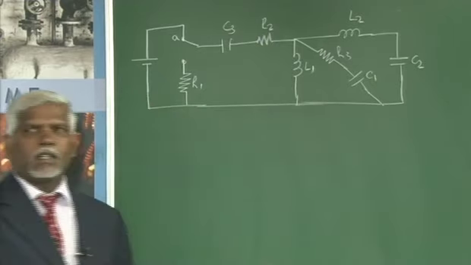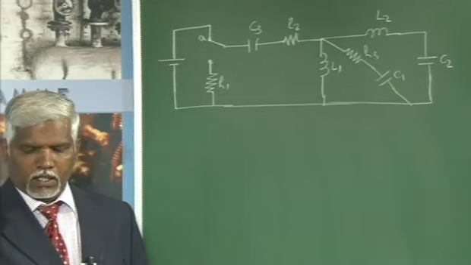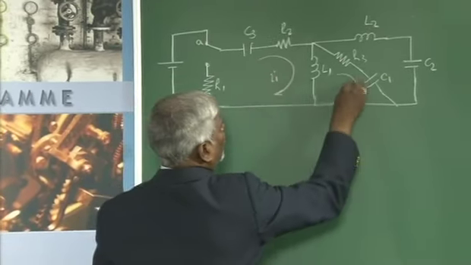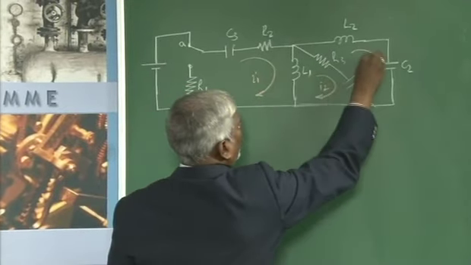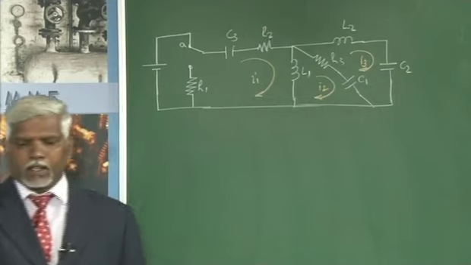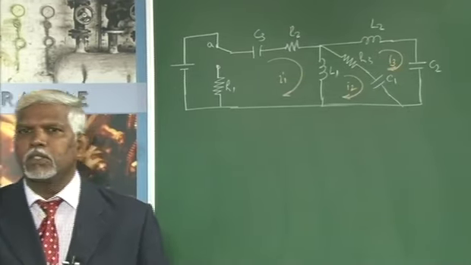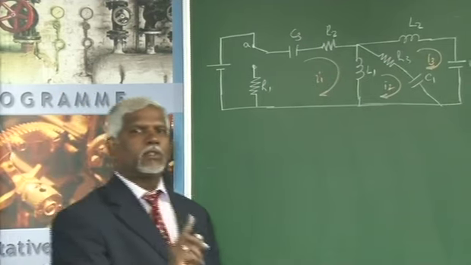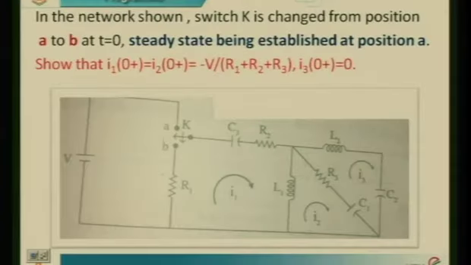This is the network given, and the loop currents are I1, I2 and I3. The problem states that in the network shown, the switch K is changed from position A to B, and steady state has been established when the switch is at position A. If I just look at the history of the network,